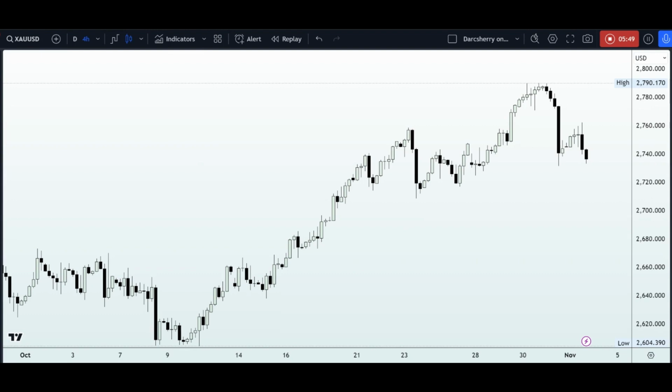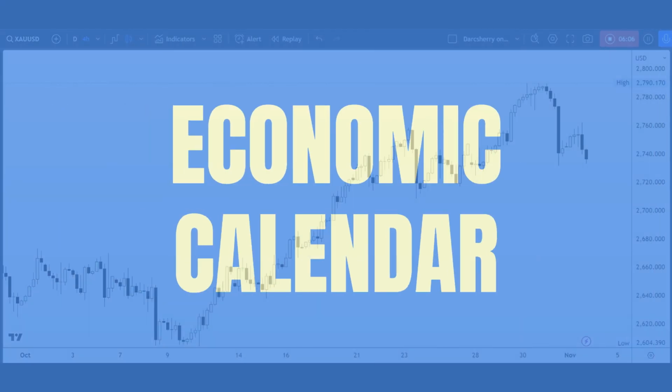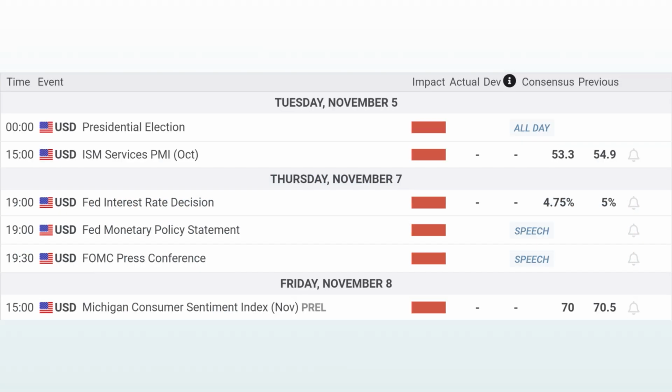So, with that said, let's jump right into the chart and see what the week ahead has in store for gold. Now, my first point of contact today will be on the 4 hours time frame. But before I go into that 4 hours time frame, let's take a quick look at the economic calendar. This economic data, of course, the fundamental factors often manifest on the chart in technical patterns and price movements. And by monitoring the economic calendar, we can identify potential correlations between key economic releases and specific technical patterns on